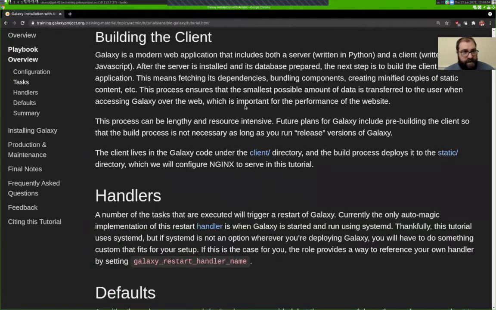And then finally, the Galaxy client application will be built. So Galaxy is two large components. It's a server backend that's written in Python, and then it's a client application that gets delivered to the browser written in JavaScript. And that client application has to be built, which means fetching its dependencies, bundling its components, uglifying the code, and so forth, so that it is delivered to the client